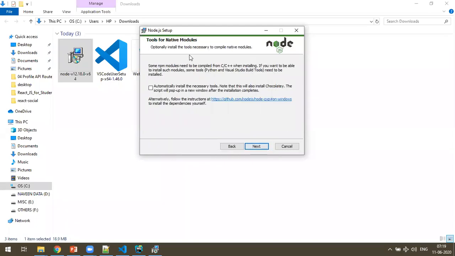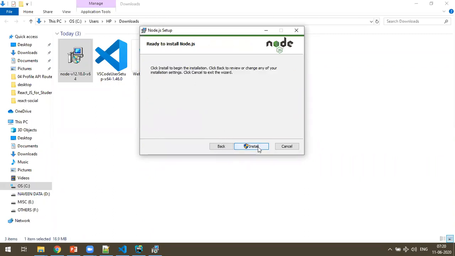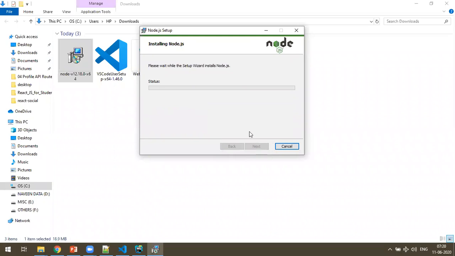Here an important thing is a checkbox, automatically install the necessary tools. As of now we don't need this, so you can just skip this step. Any tools which are required, we'll install separately. Just remember, don't check this, and click on next, and then click on install. It asks for confirmation, just say yes.